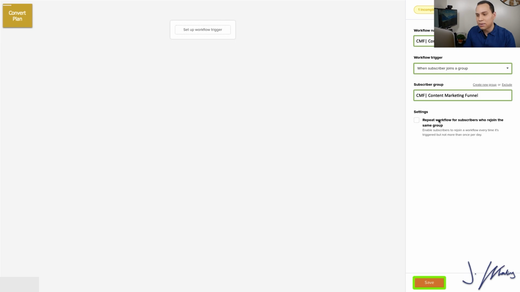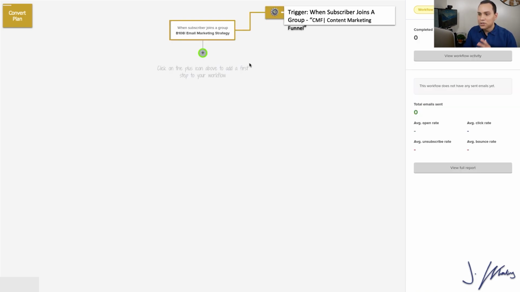I do not recommend for this sequence in particular allowing people to repeat. So this is saying if someone goes to your landing page again, enters their name and email again, don't send them through the same sequence over again. You can just have the automation send them over to your second sequence, which is your broadcast. I'm going to get there. I'm losing count here. So this is our first trigger, right?